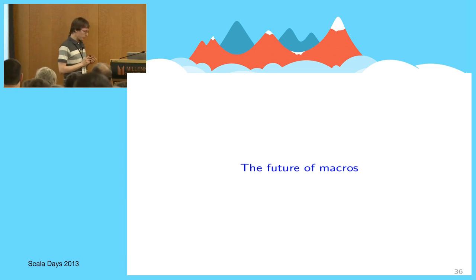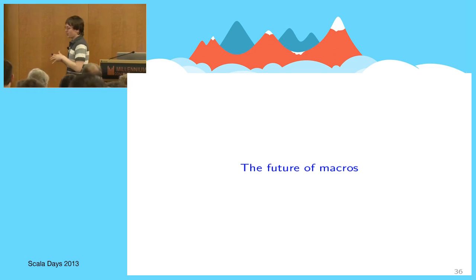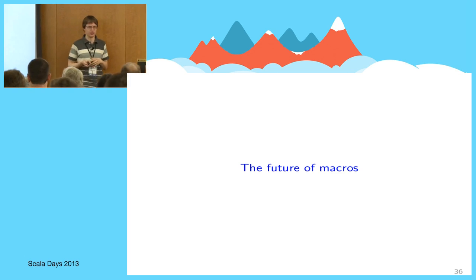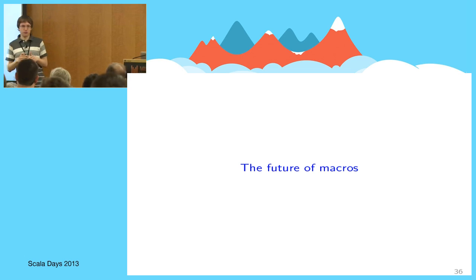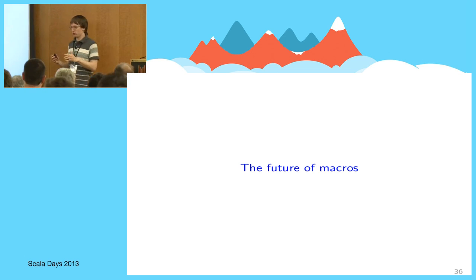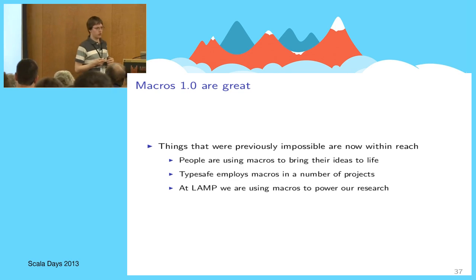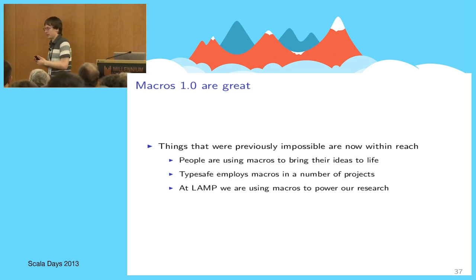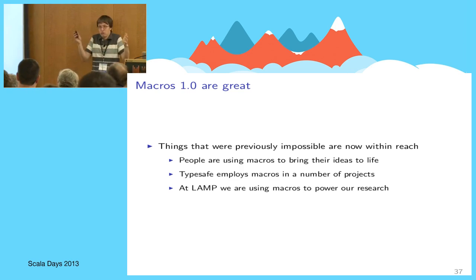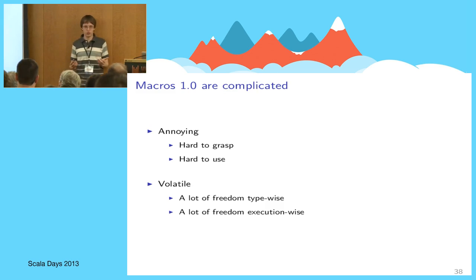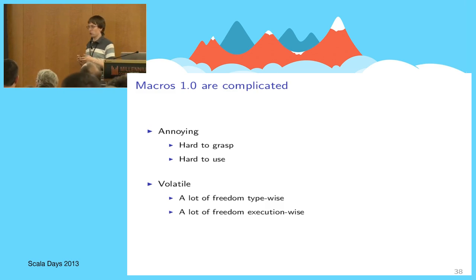The future of macros. So we have just been in this macro paradise, the nice land where you can hack features and not worry about all the problems, right? But to figure out what's the future of macros, we need to take a step back and see how macros worked in 2.10. As I alluded before, macros work really nice. They have proven to be useful in a lot of projects, both in Typesafe, in EPFL, and just people who write Scala, right? But on the other hand, the more macros we write, the more things we notice,